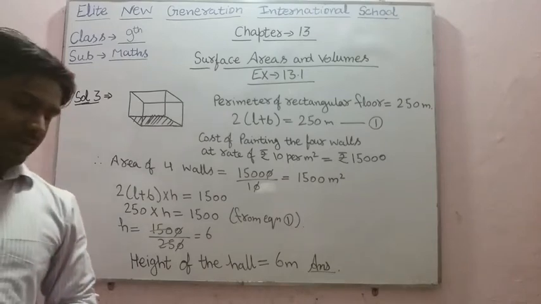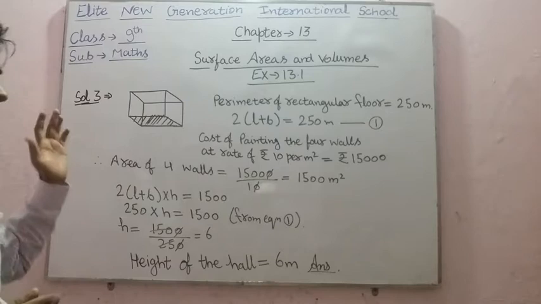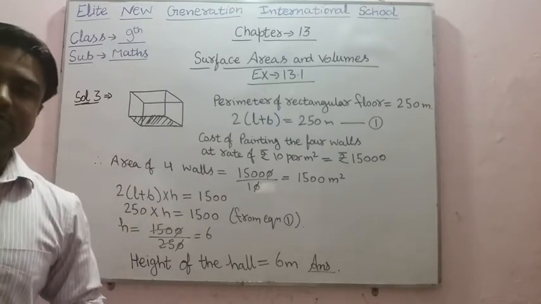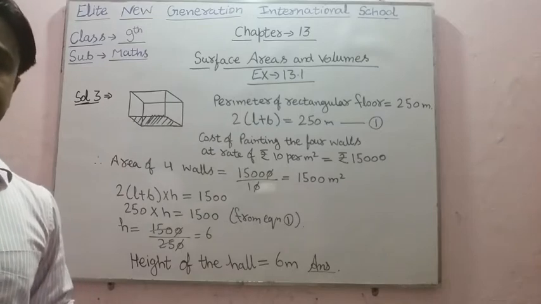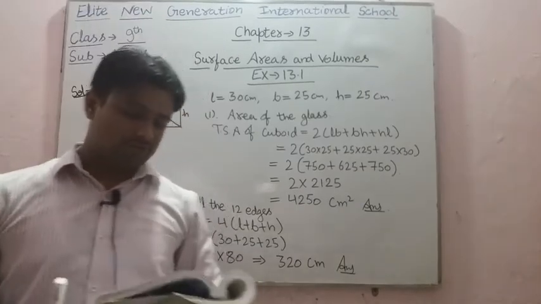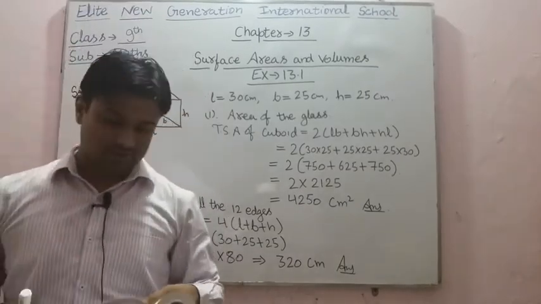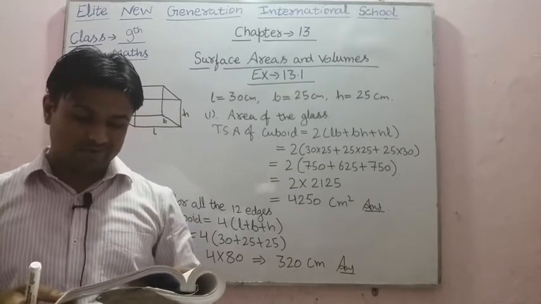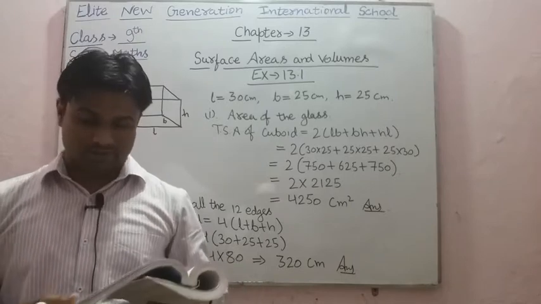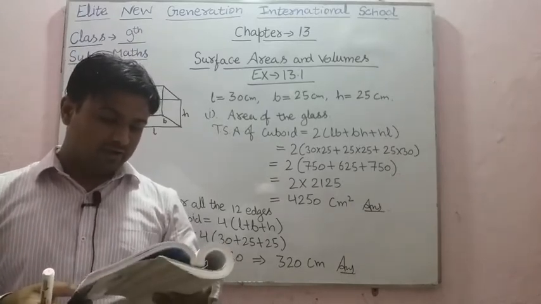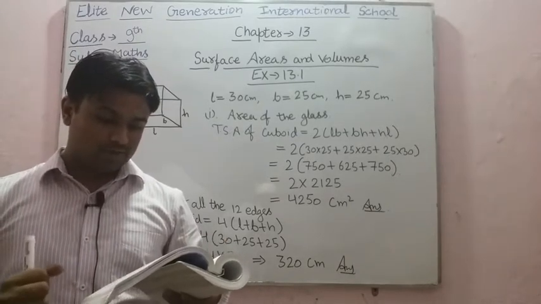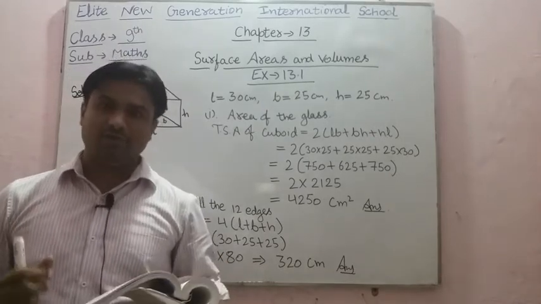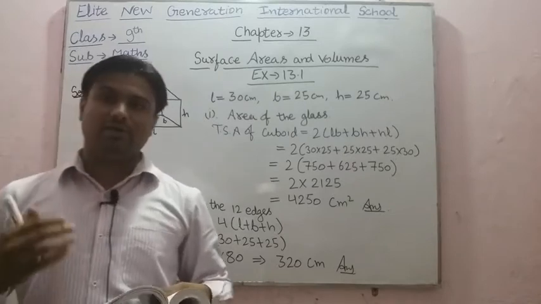Now after this, the next question. Question number 4 is also the same, so you can try question number 4 and 5. Now after this, see question number 6. In question number 6 we have a small indoor greenhouse herbarium made entirely of glass panes, including the base, held together with tape. It is 30 centimeter long, 25 centimeter wide and 25 centimeter high.